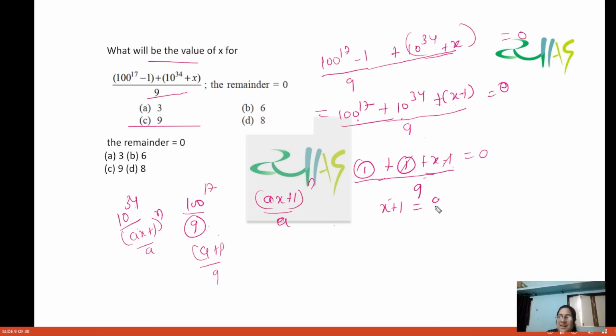Okay, your remainder is what, x plus 1 is equals to 0. Okay, is equals to 0 because यही आपका remainder आया, 2 x minus 1. Okay, यही आपका remainder आया। तो what will be the value of x? So आपकी x की वैल्यू जो है वो -1 आ जाती है।